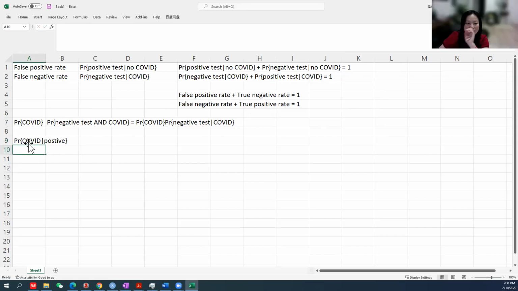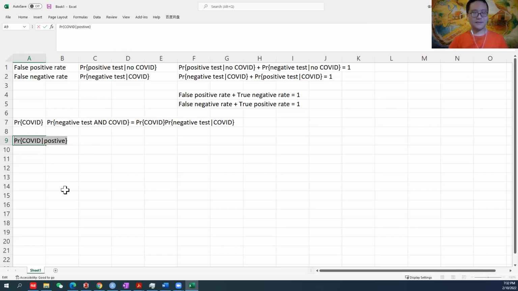Sorry, I still didn't get it. Give me one second. No, I'm still lost. So can you explain, what is the question asking? The question is, if the person tests positive, what is the probability that he or she is infected with COVID? Can you explain to me why we are not putting positive in the front and COVID in the back? And we actually do it. Yeah, so